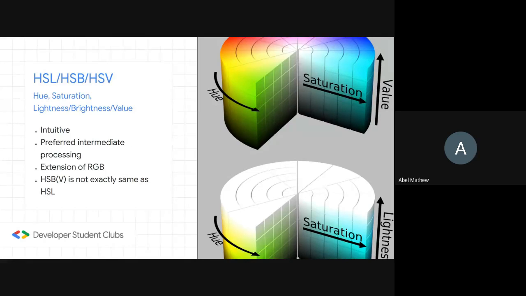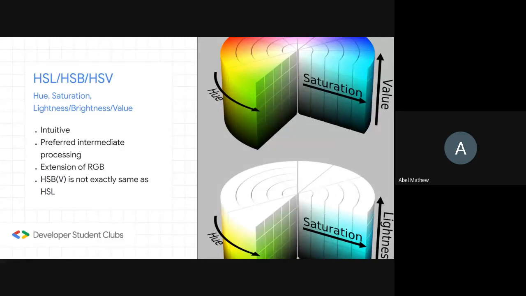It goes from 0 to 360. It starts at red at 0, goes around and comes back to red again at 360. So different values of the angle from 0 to 360 give different colors. Saturation goes from 0 to 1. So towards the inside of the cylinder that we have, it is less saturated, so the colors are less bright.